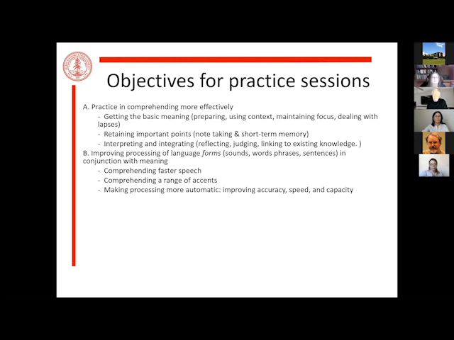So the idea of what can you do so that you're better at comprehending faster speech? If you want to start working on accents, you need to practice with various accents. And then especially making processing more automatic, so improving the accuracy, the speed, and the capacity, your chunking capacity.